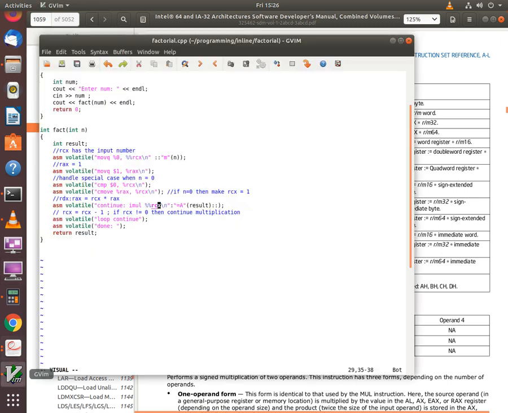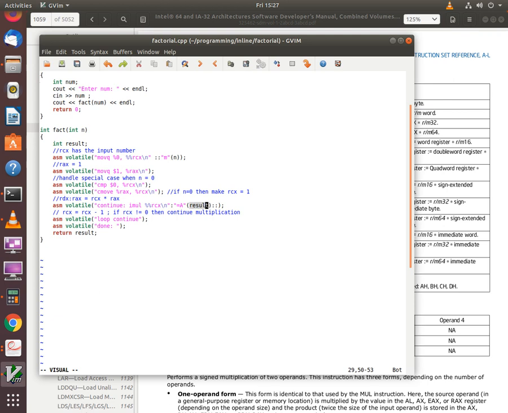So moving back to our program, we use IMUL RCX, and what this multiplication does is it takes the value in RCX, multiplies it with RAX, and saves the result in RDX and RAX. So we map the output value of the instruction, which is in the RAX register, to our result variable, which is going to store the final result.